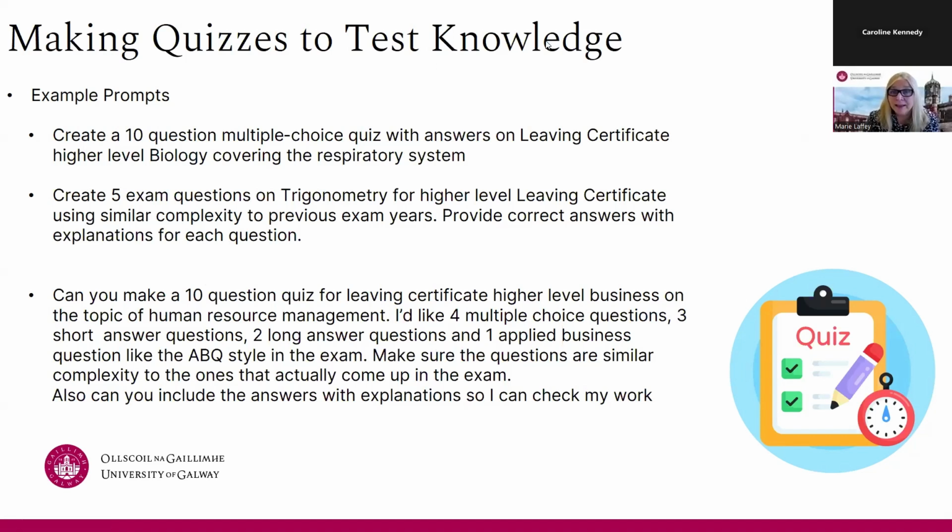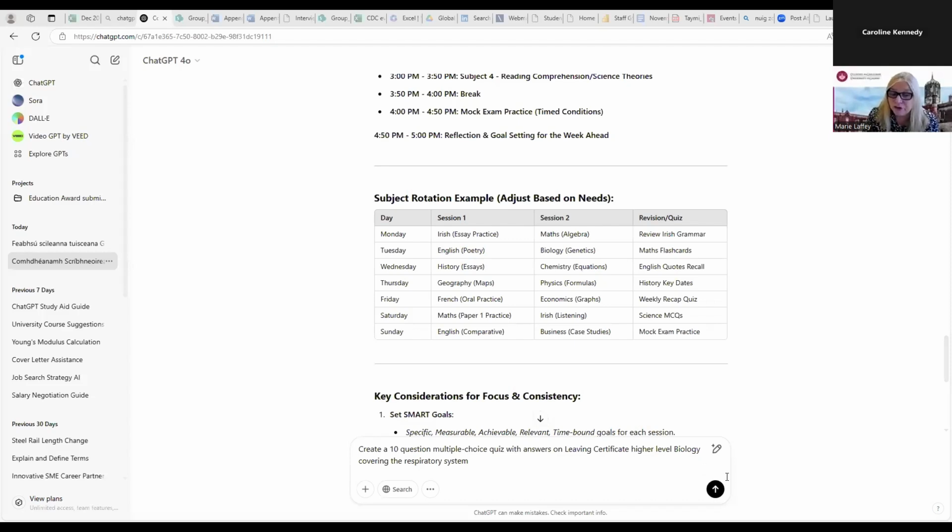And I'm going to stop again, and we're going to have a look at one of those prompts that we'll share. So we'll create the one related to the multiple choice questions. So we get that one for you, and you can see again how quickly it does it. Now, if you have the paid version, you can output any output to a file, and it will create a Word document for you or create a PowerPoint presentation or whatever else you need. So we just have that prompt there.